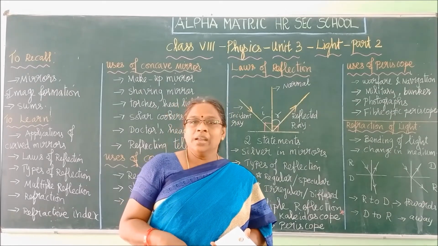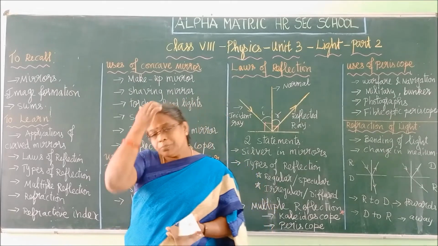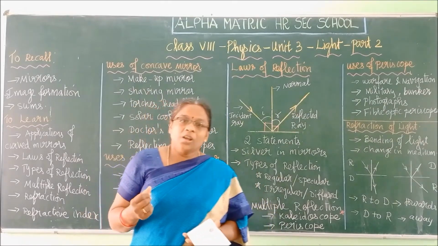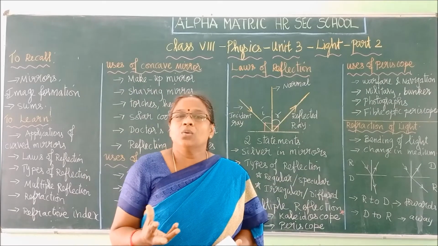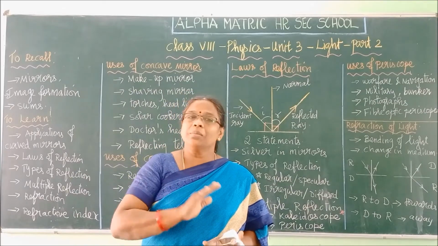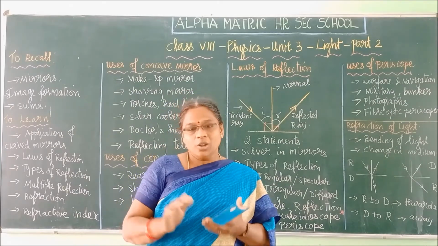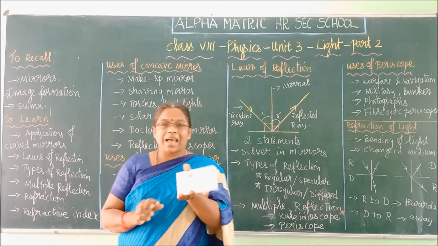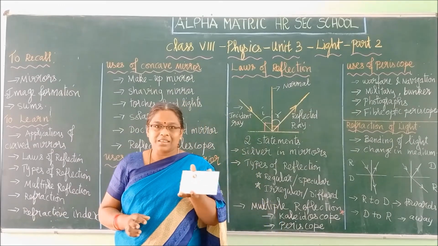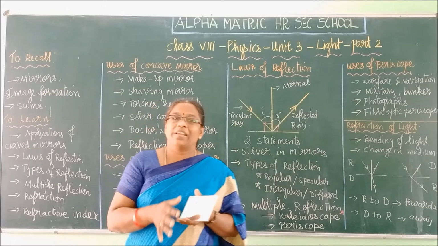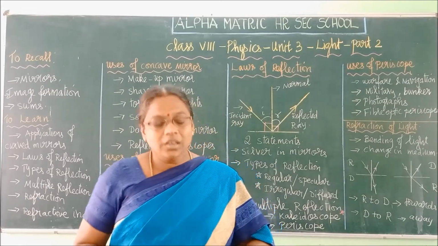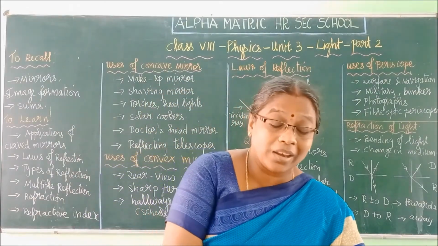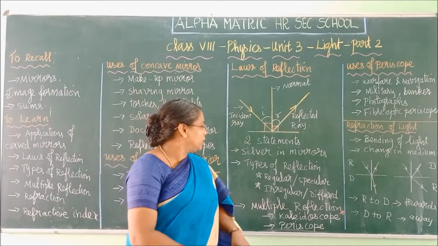Silver in Tamil is called Velli, right? So they mix it with aluminium and coat the mirrors with it. So now you can see the dazzling on your camera too, right? So silver is the best reflector. That's why it is used in mirrors. So this may be a very good important question, so note it down. Right.